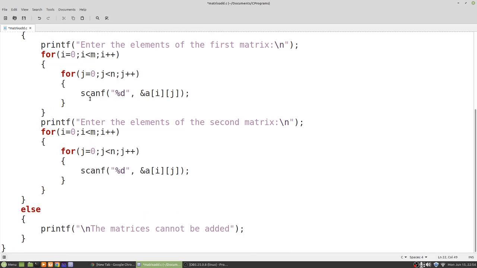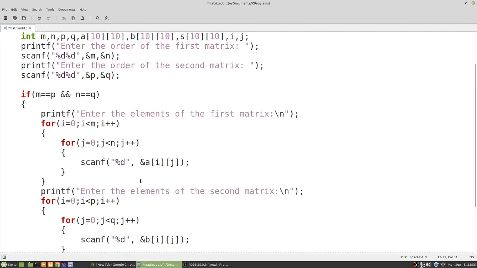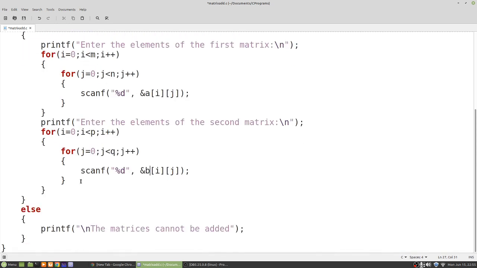Both have the same number of rows and columns, so you can put either p or m here. For a better understanding, I'll put it as p and q. Instead of a here we will put a p. So we got the first matrix and the second matrix.